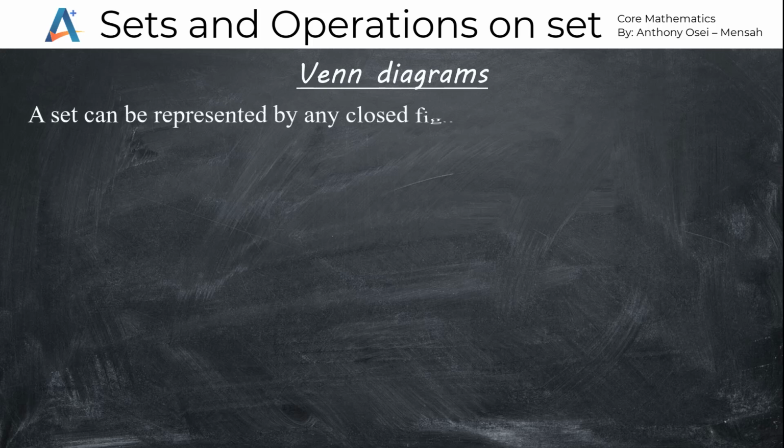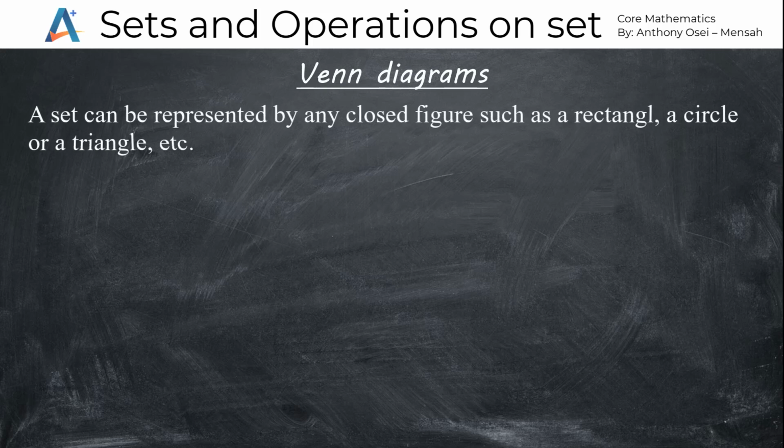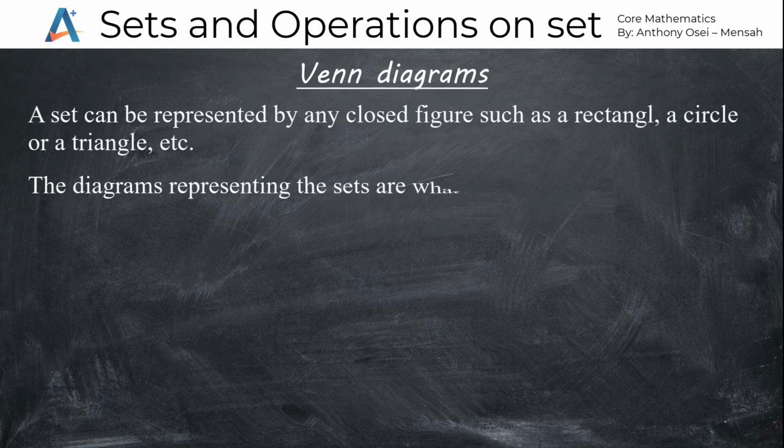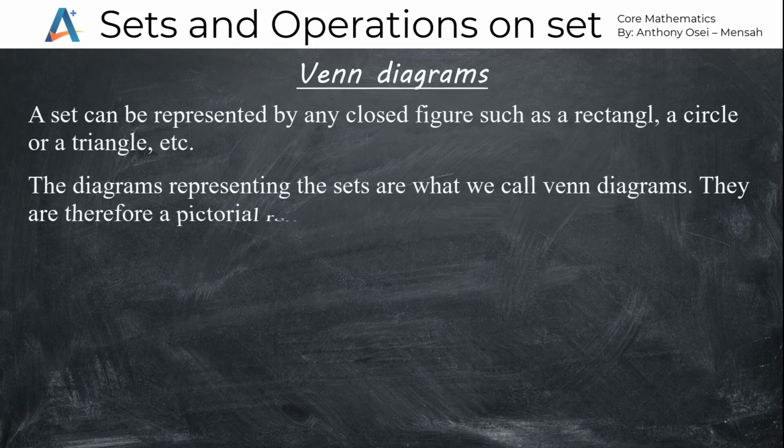A set can be represented by any closed figure, such as a rectangle, a circle, or a triangle. Any of them can be used, etc. We could talk about any figure that is qualified to represent a set. Now look at something. The diagrams representing the set are what we call the Venn diagrams. The Venn diagrams are therefore pictorial representations of sets. So if you want to represent sets in a picture form, that representation is what we refer to as Venn